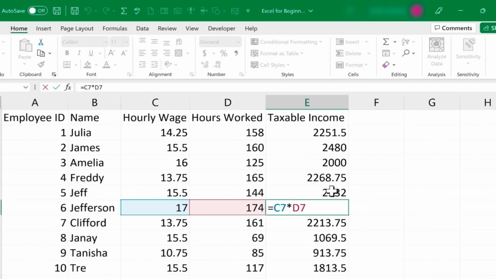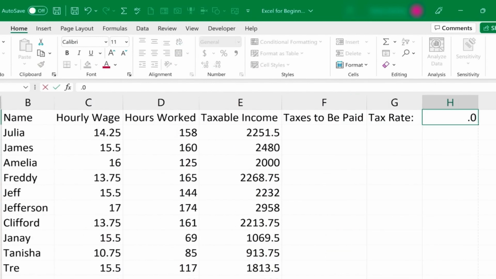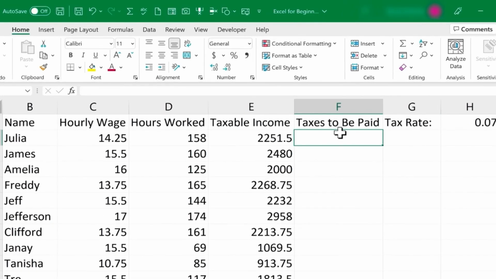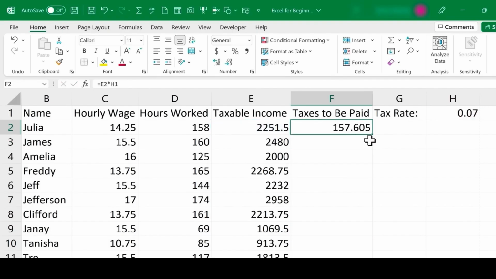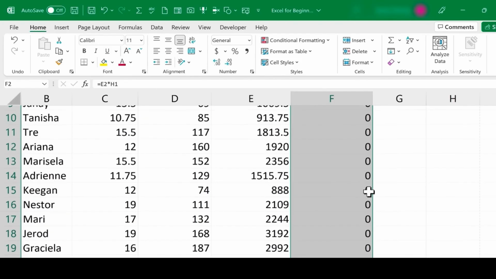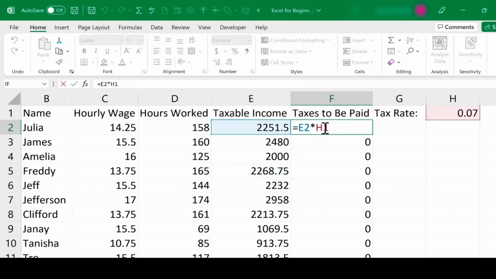Now let's calculate the amount of taxes to be paid. Assume the tax rate is 7%, entered as 0.07 in cell H1. To calculate the tax for each employee, I enter the formula equals E2 times H1. This works for the first row, but when I use the autofill handle to copy it down, it gives incorrect results. The issue is that H1 is a relative reference, so Excel shifts the reference down as the formula is